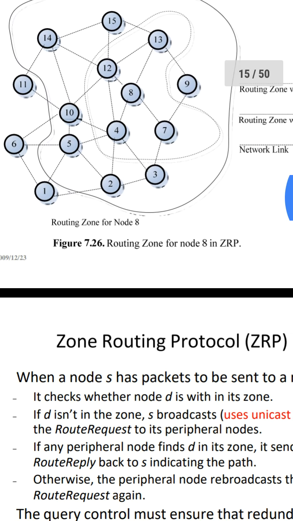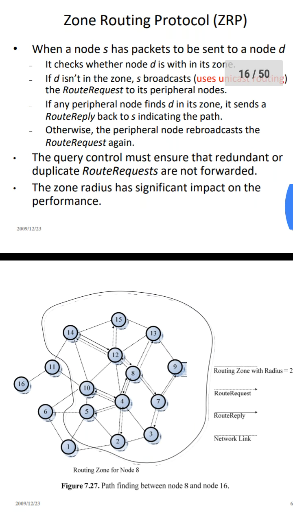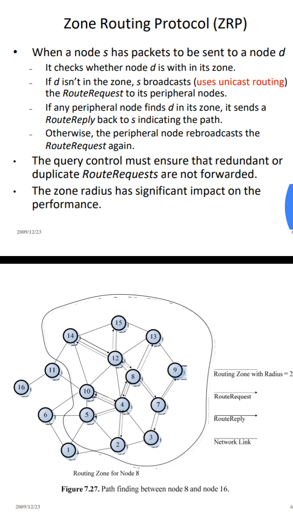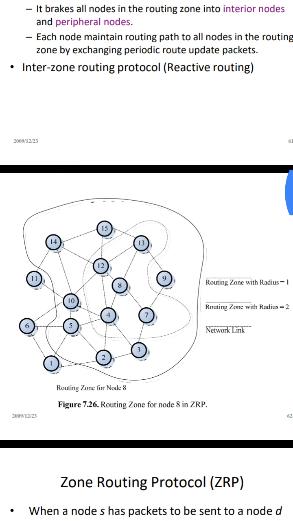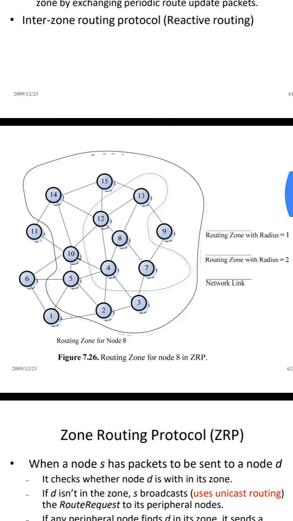Now let us assume that we broadcast the data from node 8 to node 16. First, node 8 broadcasts the data within that intra-zone, that is nodes 12, 4, 7, 13. Once node 8 transfers the packet to the intra-zone nodes, that zone is cleared. Then the data can be transferred to the single-hop peripheral nodes, that is 2, 3, 5, 10, 14, 15, which now have the data.